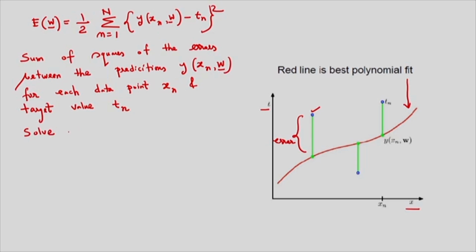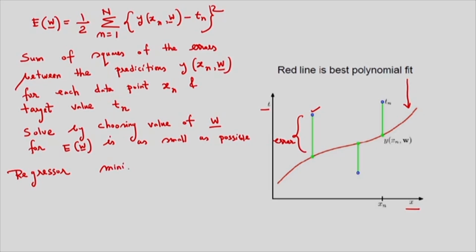solve by choosing the value of W, the weight vector, for which the error E(W) is as small as possible. So, that means this regressor minimizes